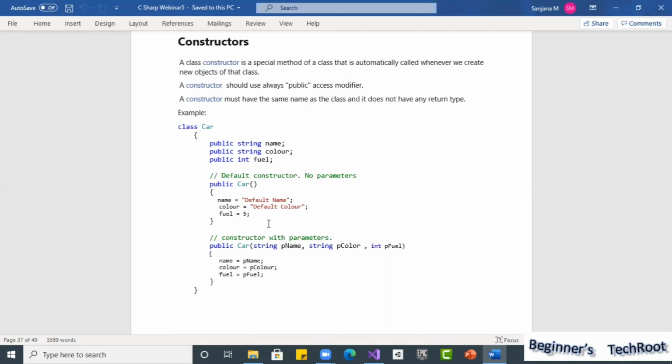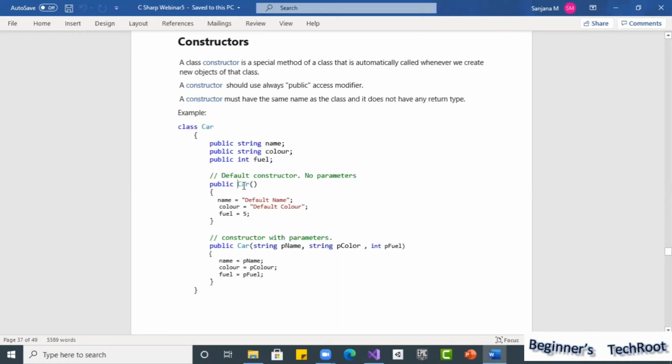When a method is not going to return anything, you put void, but a constructor does not allow a return type at all, so you need not specify void. Even if you put void, it will give an error. So this is the main important point: we are not using any return type.